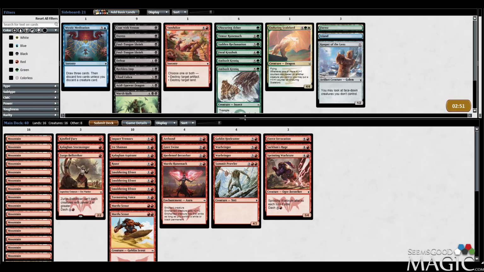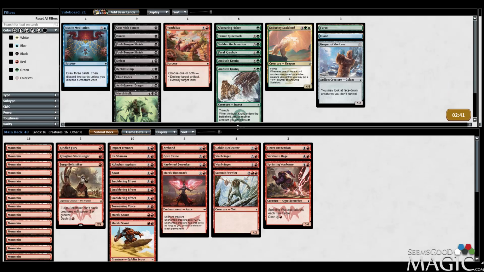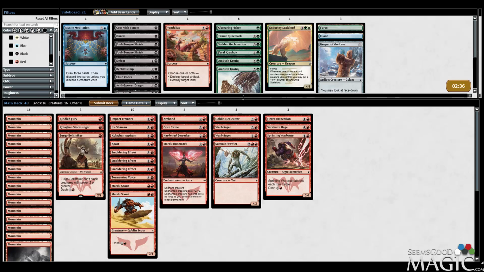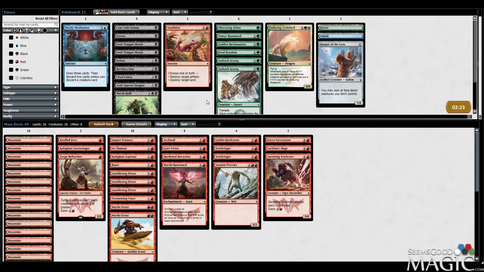Do I want to sideboard into black for some reason? I think we're still fine, honestly. He does have those... I guess it does kind of suck he has those... What's the word I'm looking for? Shambling Goblins. But whatever. They're not insane against us. They're only okay. They're good against our scouts, but...